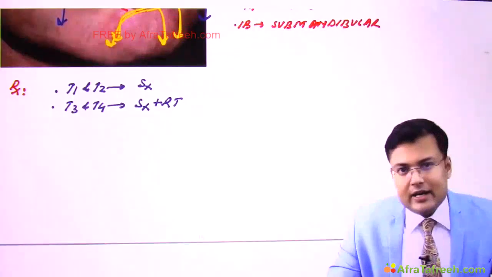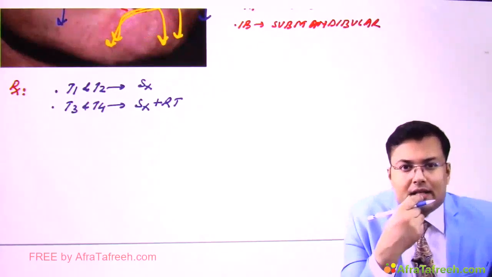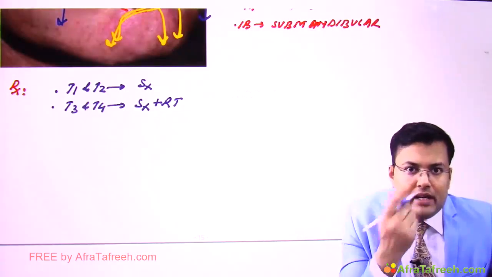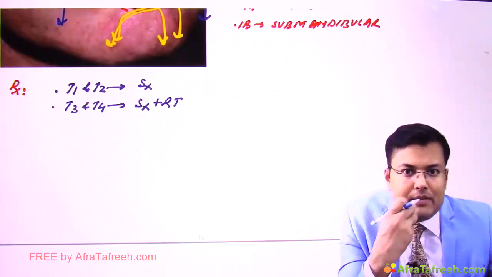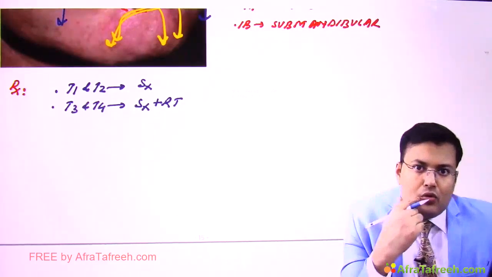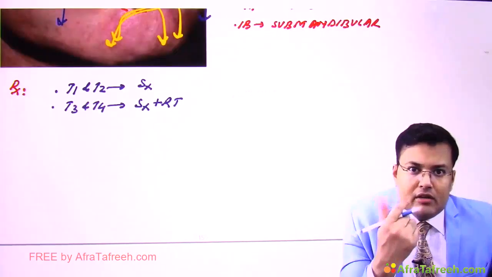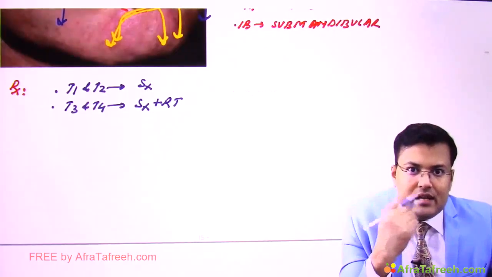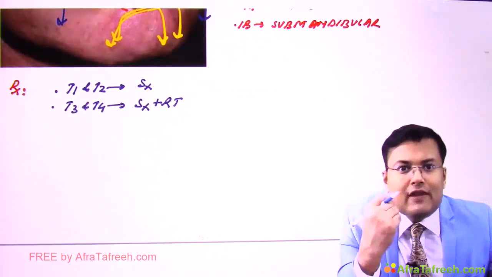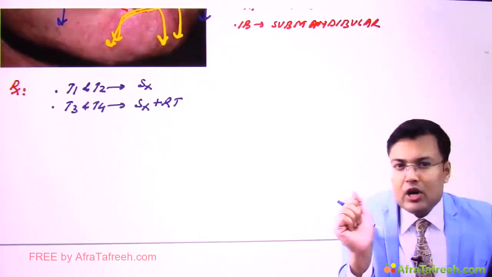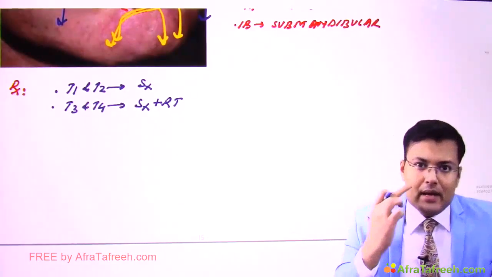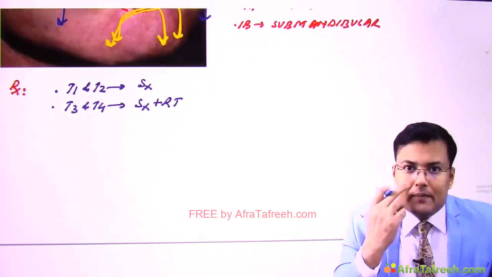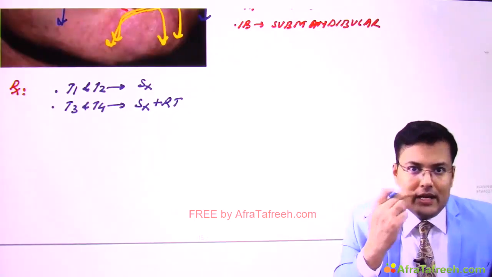Clear? Now what kind of surgery? If less than 1/3 of lip is involved, in that case you can go for V-shaped or W-shaped excision with primary closure. And if more than 1/3 of lip is involved, in that case you have to go for excision and you have to go for flap closure. And what is the most commonly used flap in lip reconstruction? So we use Abbe-Estlander flap, and it is taken from upper lip based on superior labial artery.